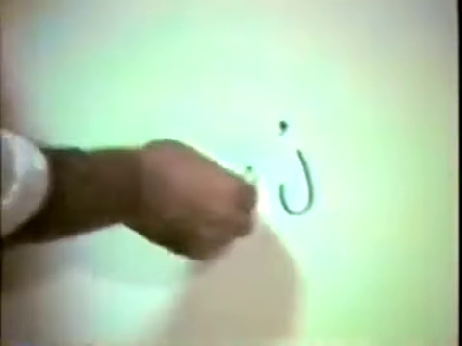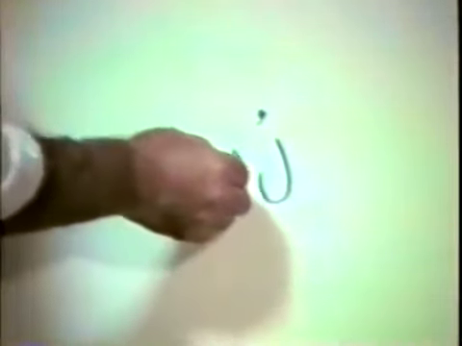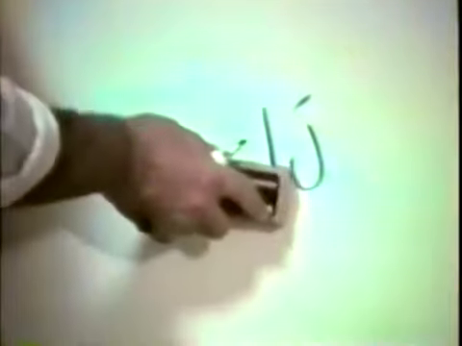The long vowels, you just add one more letter after it. This makes it lu. And if you put the slanted dash on the top and the alif after it, it becomes la. And if you put a slanted dash under it with a ya, then it becomes a long li.